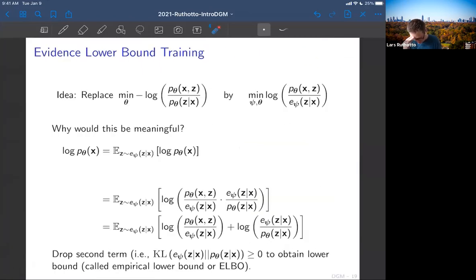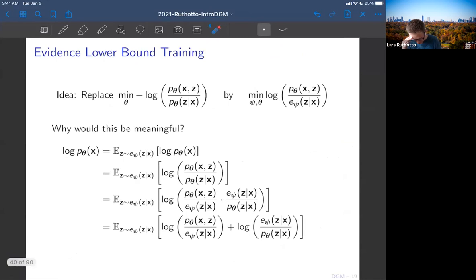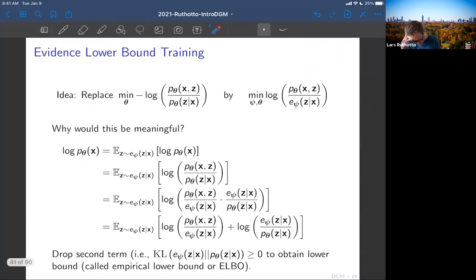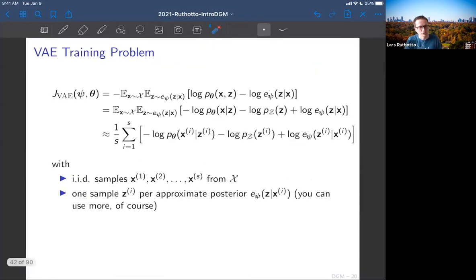Again, sorry, there are just some overlay issues. Let's look at how you would actually do the training, because that's also one thing to note. So in the training, that's basically rewriting what we had, not as a ratio, but using the logarithm rules, and hopefully having the right minus sign in front of this, namely here.